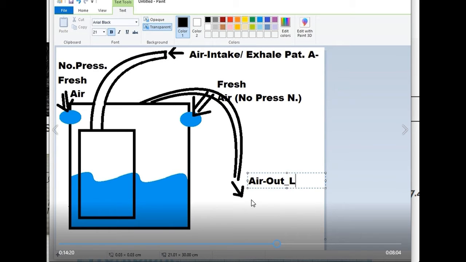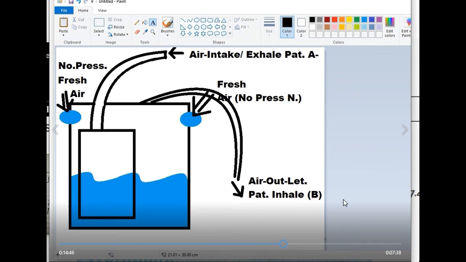By patient A exhaling, it fills this up with air and pushes it up through the physics in the water. That air around it was fresh air, I mean 20 seconds old, whereas the air around you is maybe hours old, and it gets pushed out here, and that's what patient B inhales. In this whole situation, I'm thinking that patient A is healthy and patient B is not healthy